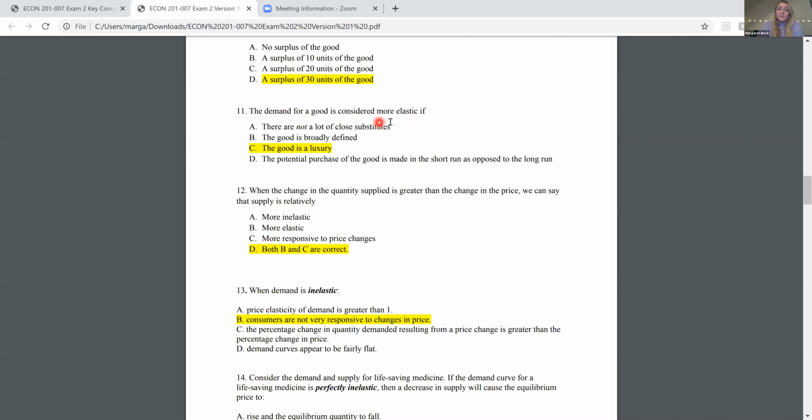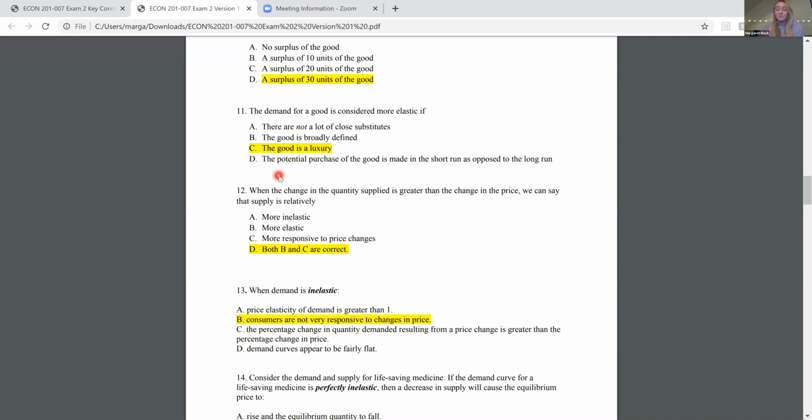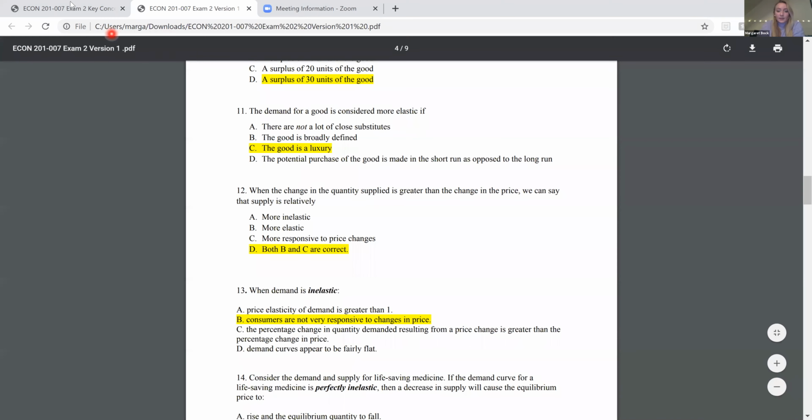So if the demand is more elastic, this means that consumers are more flexible when it comes to these different price changes. And consumers are pretty flexible when it comes to luxuries. So if the price of a luxury changes just a little bit, that will probably deter a lot of people from buying it anymore. Versus if it was a necessity, then a price change may not deter a lot of people from buying that good. So it really is how flexible people can be in choosing to buy this good if the price changes. And I kind of outlined